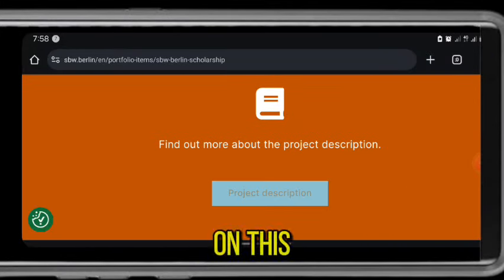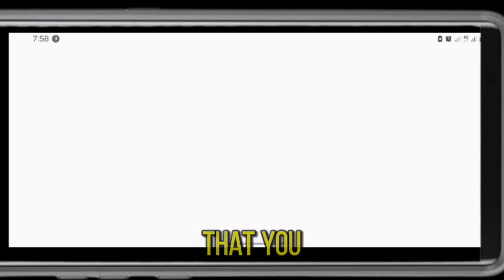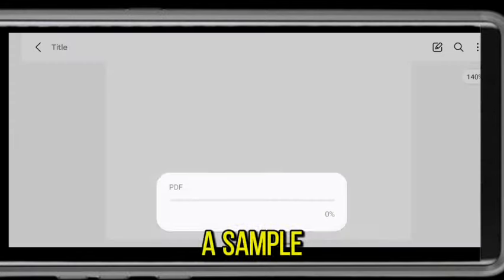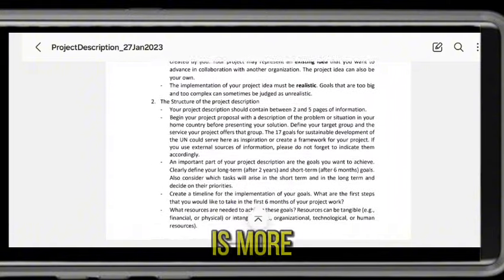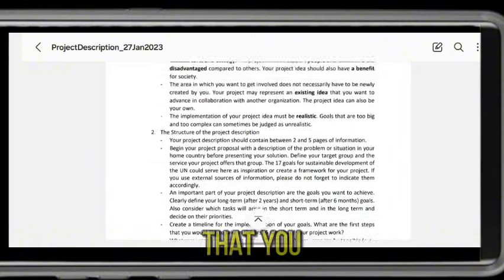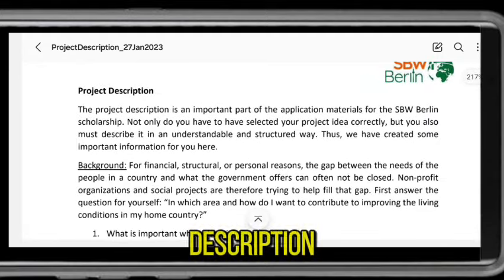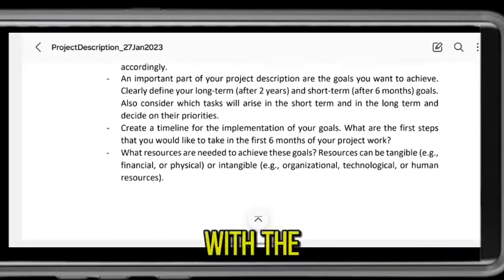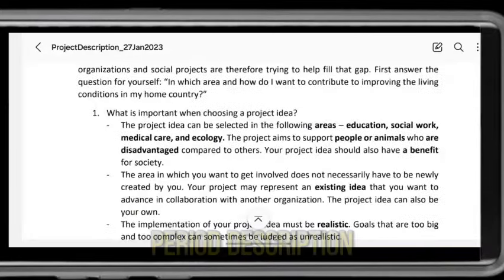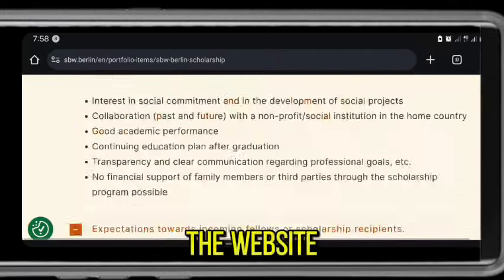So if you click on this project description right here, it's going to bring you to this PDF file where you can see a sample of the project description that someone has done. This is more or less a template that you can use or replicate to write your own project description. Make sure you are at least truthful with the information that you are writing in your project description. And if you close this down, you go back to the website, you come to the top of the page right here,